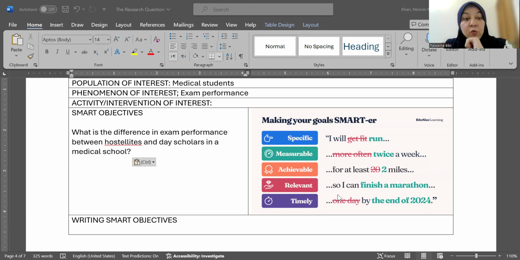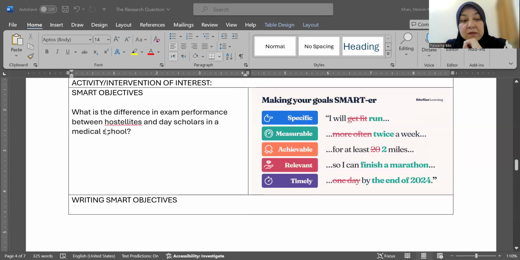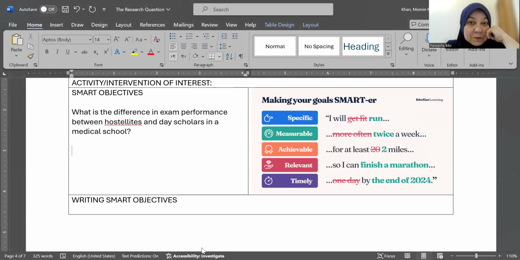Okay. So when I look at my research question, tell me three objectives. Come on. Tell me three objectives that I will have for this research, that will keep me on track and that are SMART. Go ahead. People who give me these objectives will get extra credit.